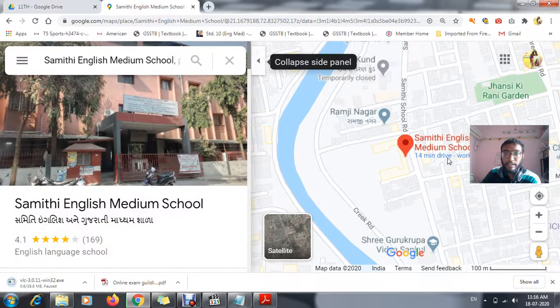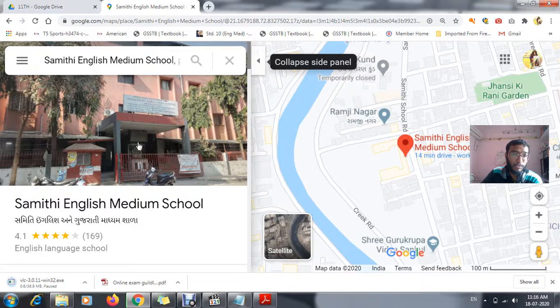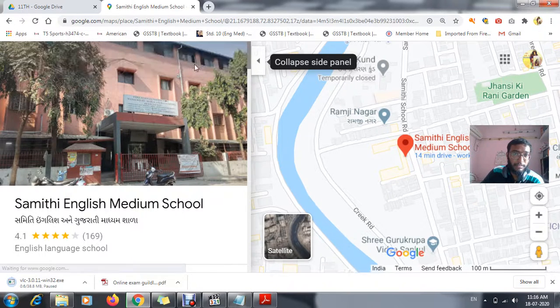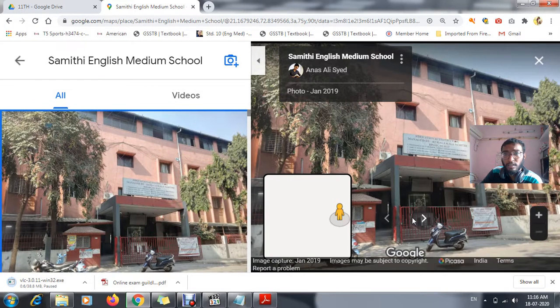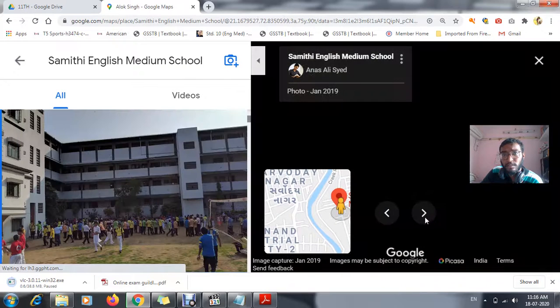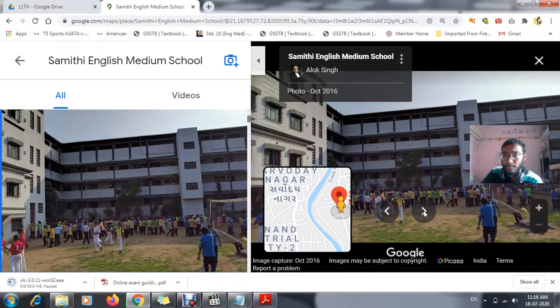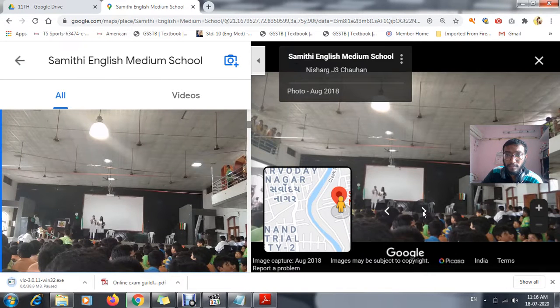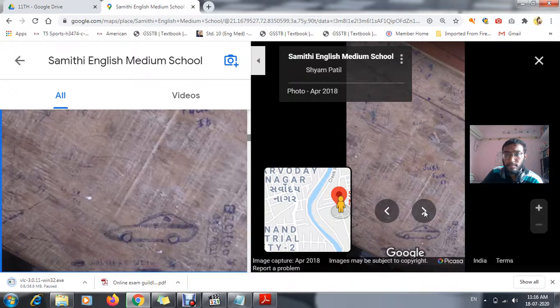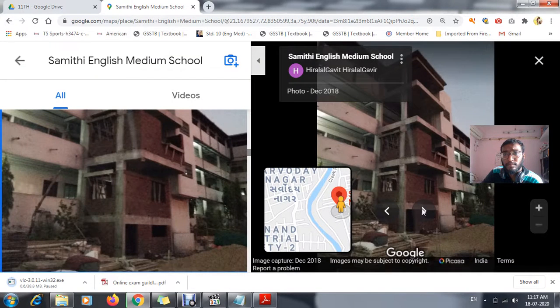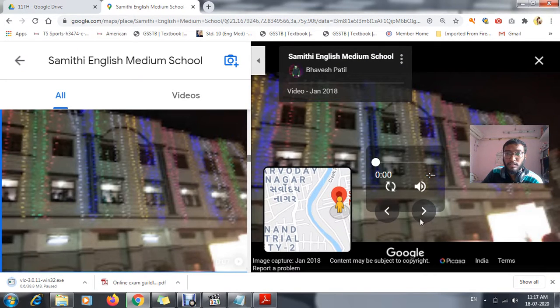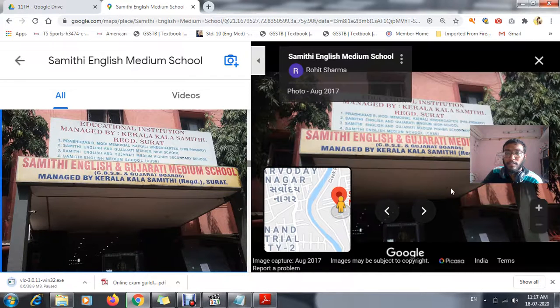That means a 14 minute drive. The whole picture you can see on the left side. On the left side you can see our school's photos, views. See, so our ground. Benches. See, this was the actual picture where construction was going on. See, this is your goal.